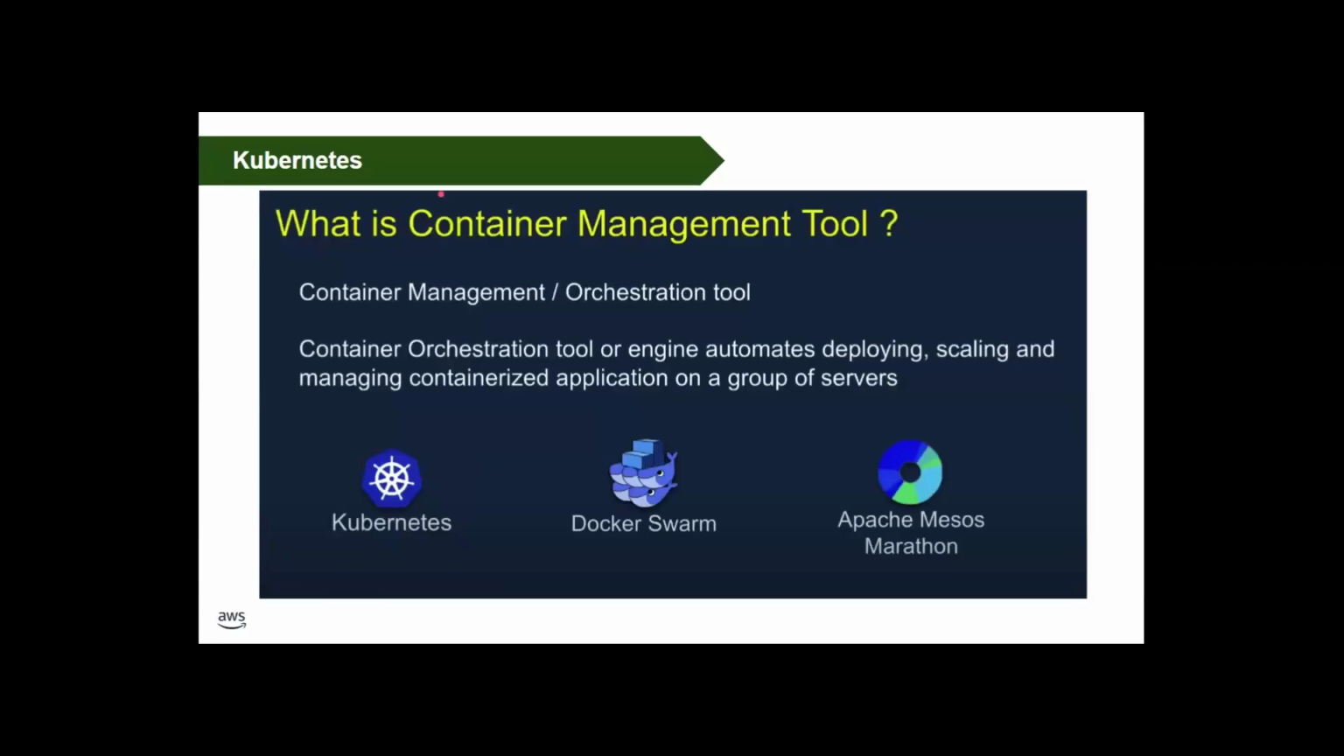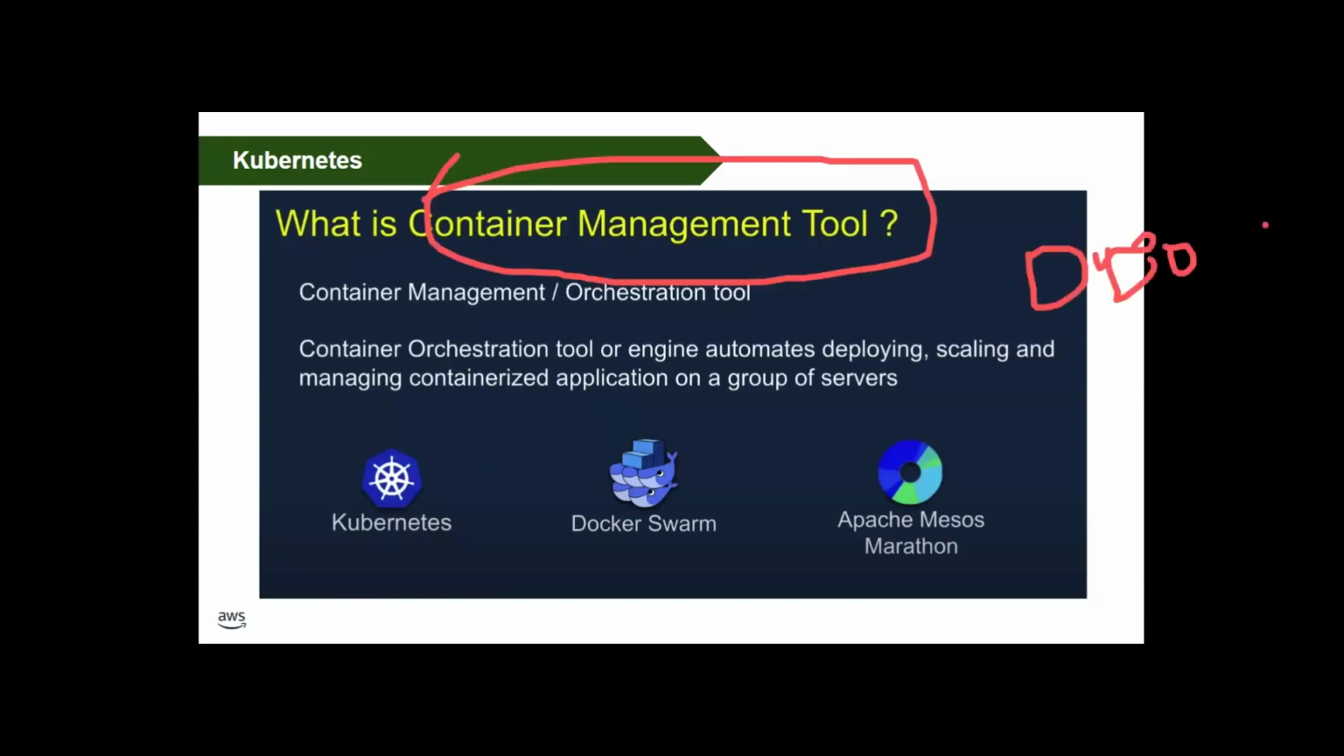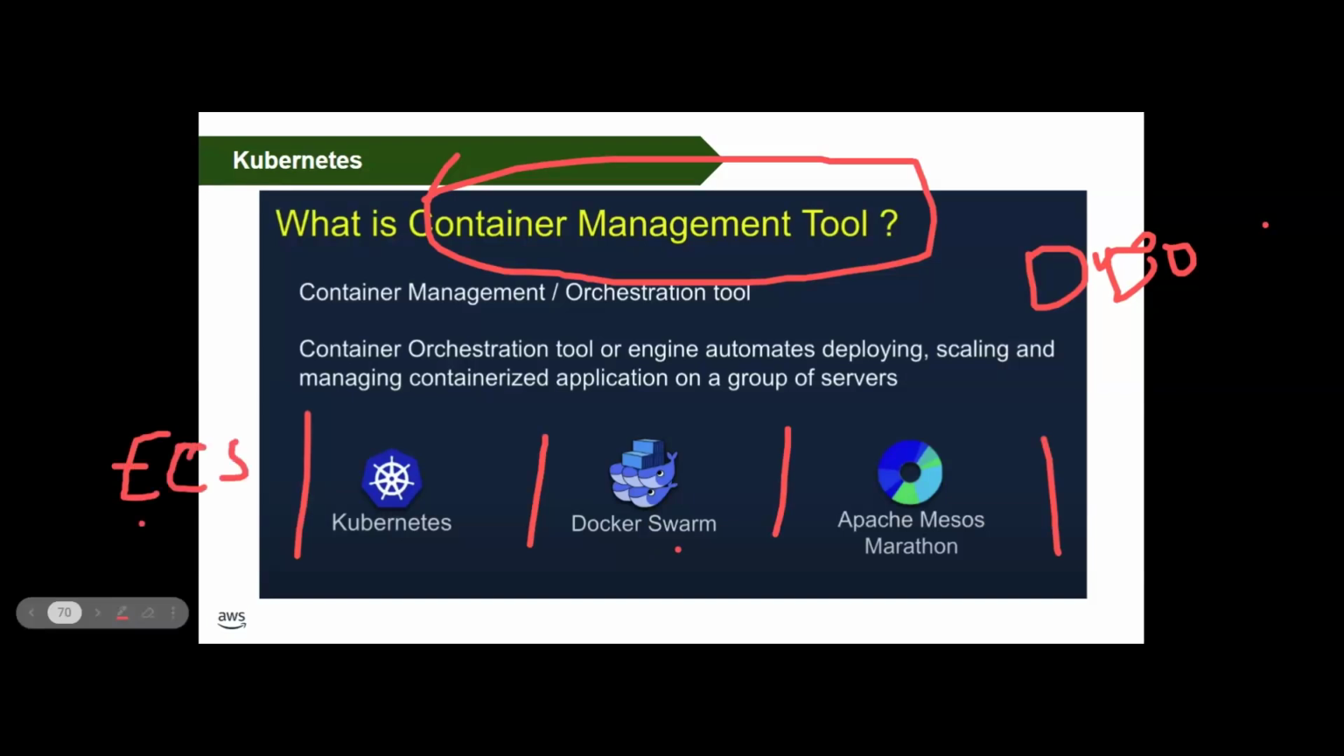Now, what is a container management tool? A container management tool is nothing but a tool to manage the containers when we have multiple containers. Kubernetes is one of the container orchestration tools. Docker has also developed a tool similar to Kubernetes, that is Docker Swarm. Previously there was Apache Mesos Marathon. And AWS also has a tool called ECS, that is Elastic Container Service, which is going to manage the